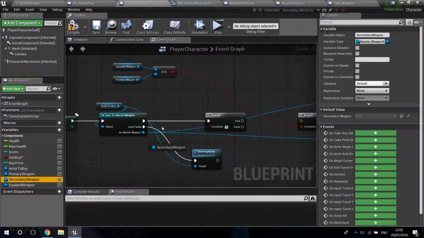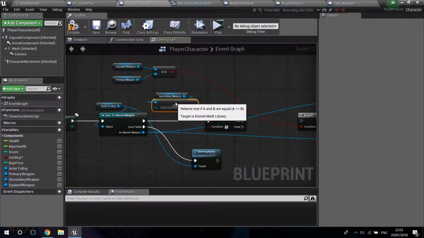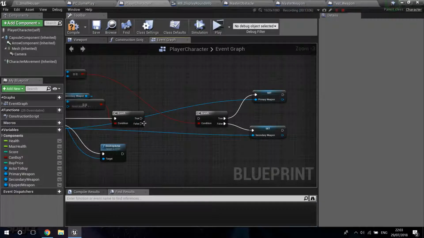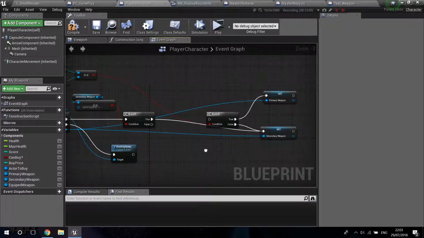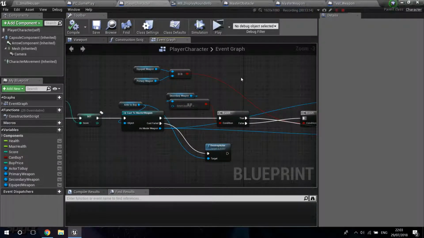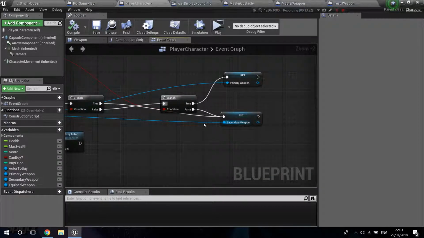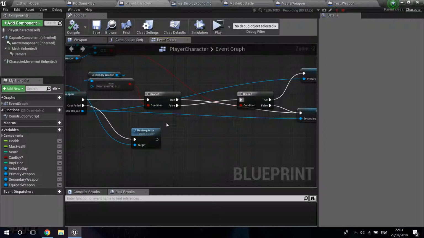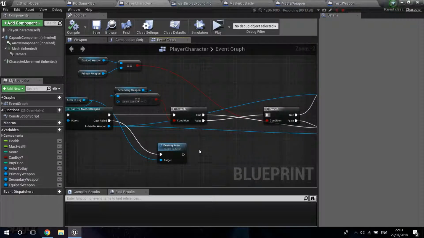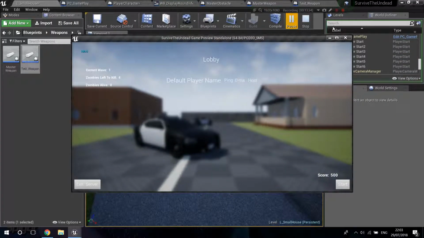Does this secondary weapon slot equal nothing? So is it empty? Doesn't have a reference? If that's true, we are just going to set that to our secondary weapon. If that's false, we're going to check this. So what I'm adding here is basically checking if it's the first weapon we buy, we are going to have our secondary weapon clear. So if this is true, we're just going to set it to the secondary weapon. If it's false, meaning we have 2 weapons, each one in 1 slot, we're going to need to check which one we are equipped. So now, if I do this,